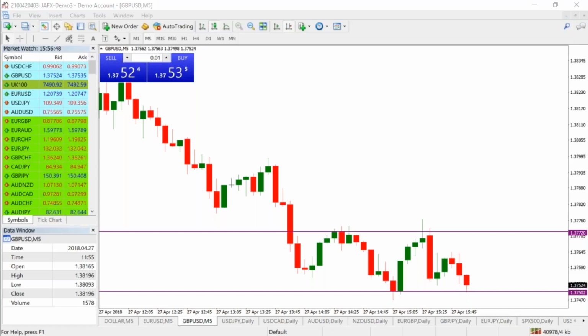The problem is loads of people use lots of different indicators in a whole variety of different ways, and it's something that needs to make sense to the individual that's using them. So for example, I know many traders that use a number of indicators at the same time. They can read them very, very well. They can understand how to interpret them, and they use them very, very effectively.